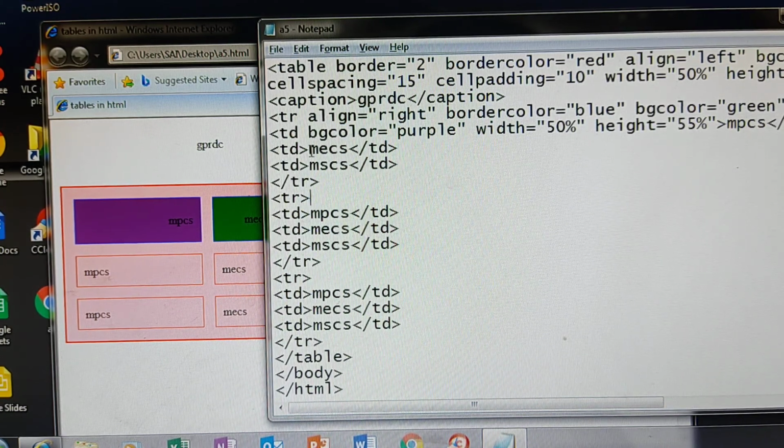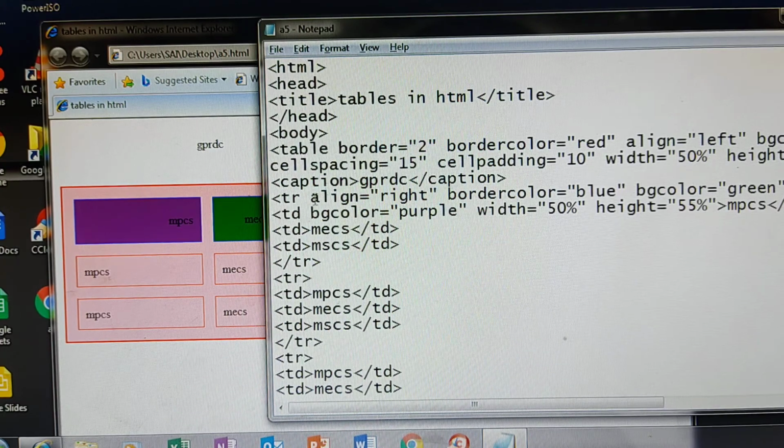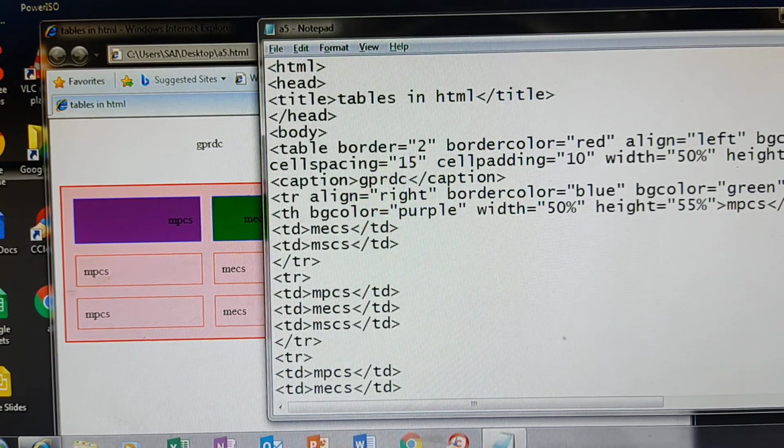Now here, TH I have not explained actually, so I will add the TH first. The first row I want to maintain as headings, so in place of TD you give a TH.